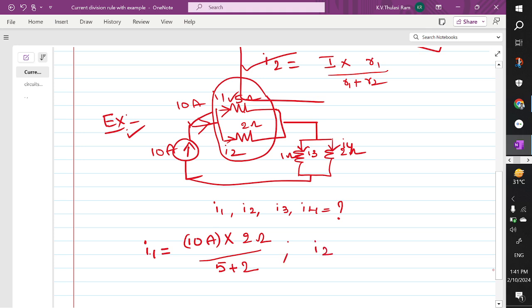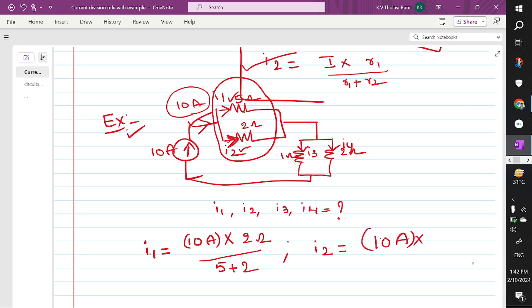So coming to I2, I2 is also the same formula. I want the current in this branch, so the branch current can be found out like this. Okay, so how to find out I2? I2 is nothing but the formula: the total current of the network. What is the total current of the network? Which is nothing but 10 amperes